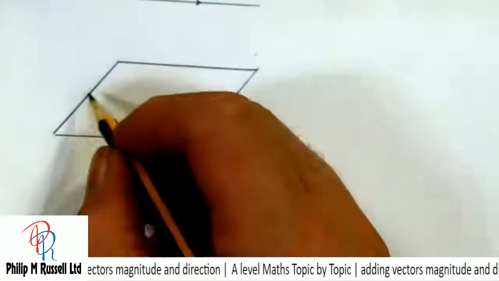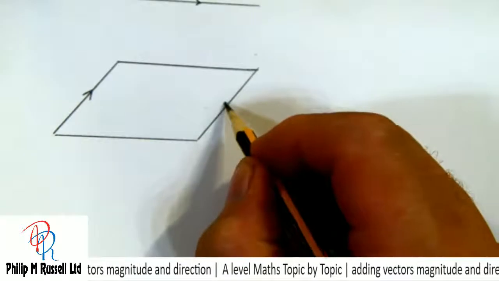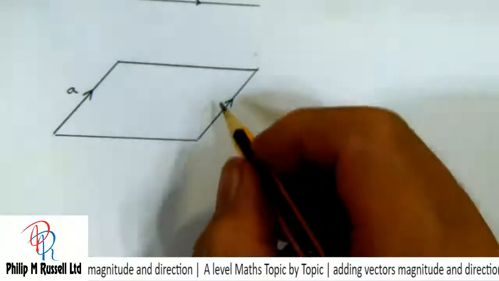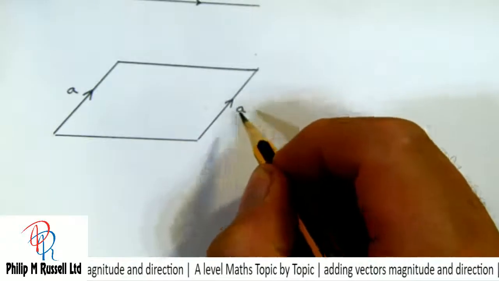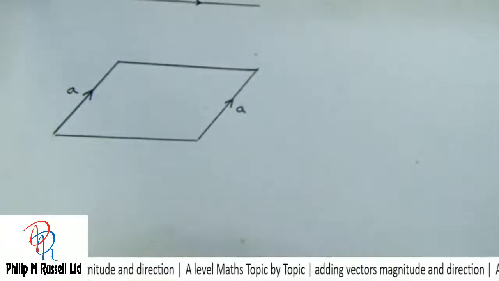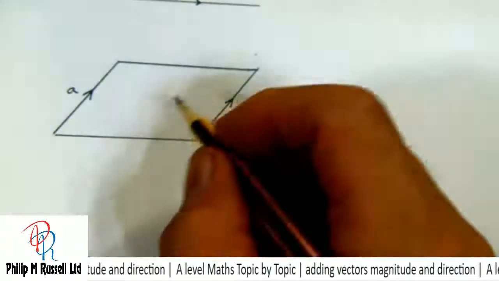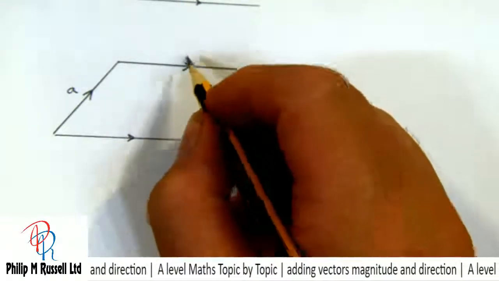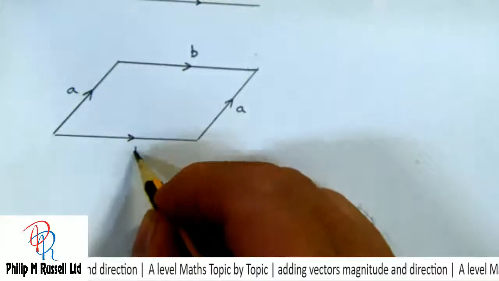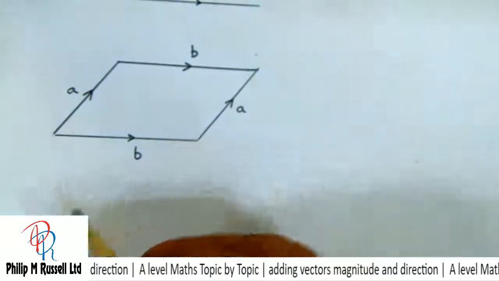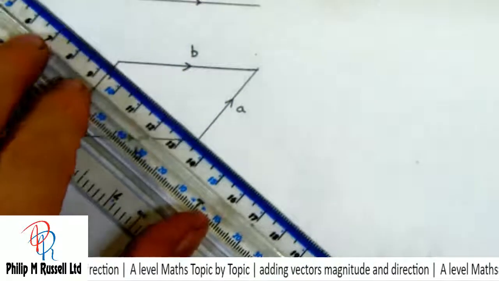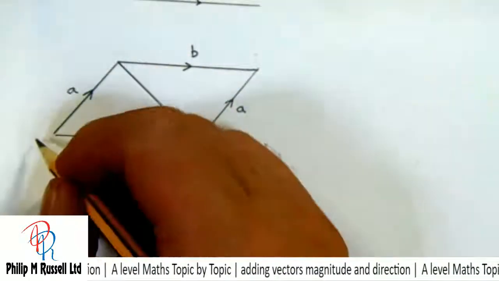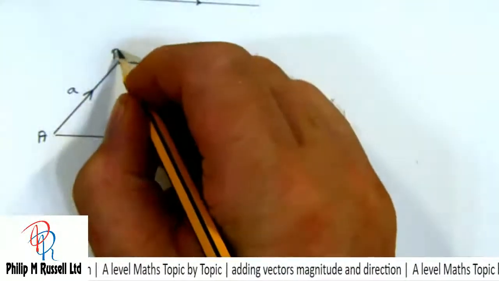These two are parallel lines, so if this is vector A, then this one also has to be vector A. These are parallel lines. If this is vector B, then this also has to be vector B. And if we mark these in as A, B, C and D,